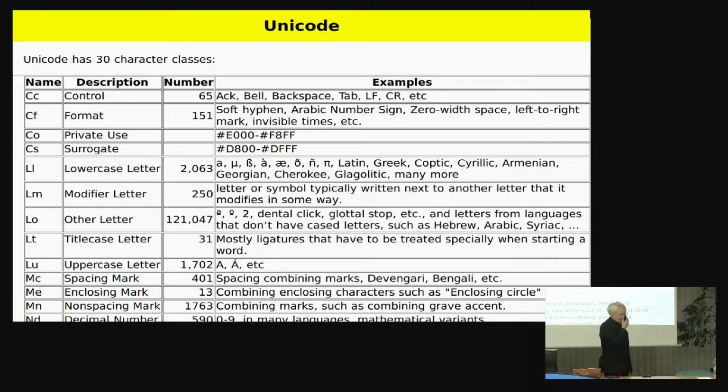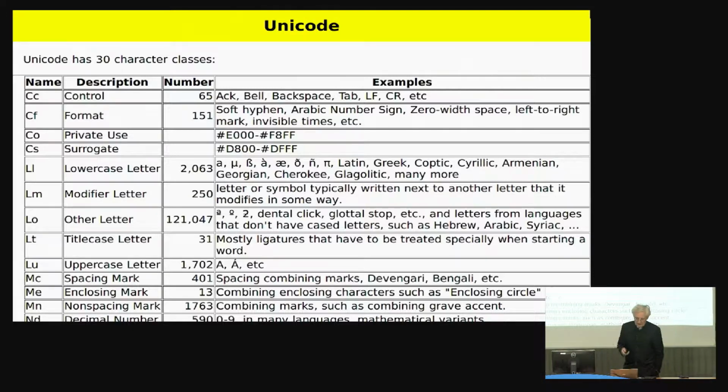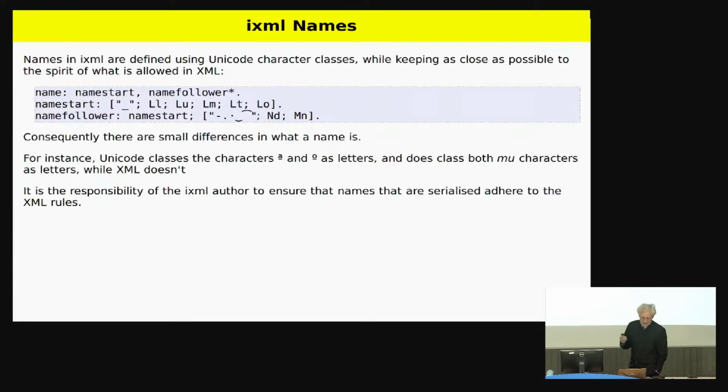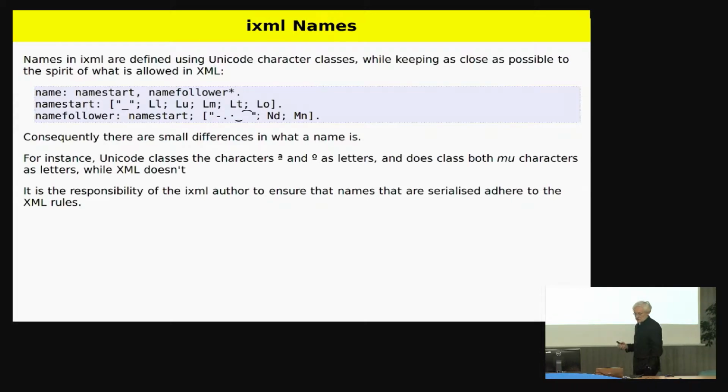So what I did was I compared what XML does allow with the Unicode 3.0 character classes. I don't expect you to look at this, but it's in the paper so you can see what character classes there are. And I did my best to match them up. There's not an exact match, but there's a very close match. So a name in IXML, we just use the character classes, and so the name start characters are all the letter characters, and a continuation is either the name start plus digit, number characters and the join, the connecting